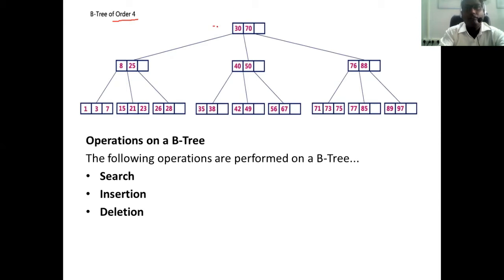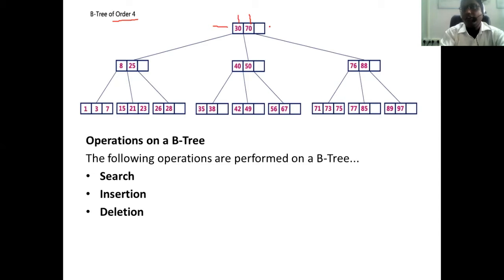Here, one node is created having the values 30 and 70. All the values in a particular node should be in increasing order. When we find a particular piece of data with the help of a key, your searching will get faster. It means that you cannot put 70 first and 30 later. You put 30 first and then 70.